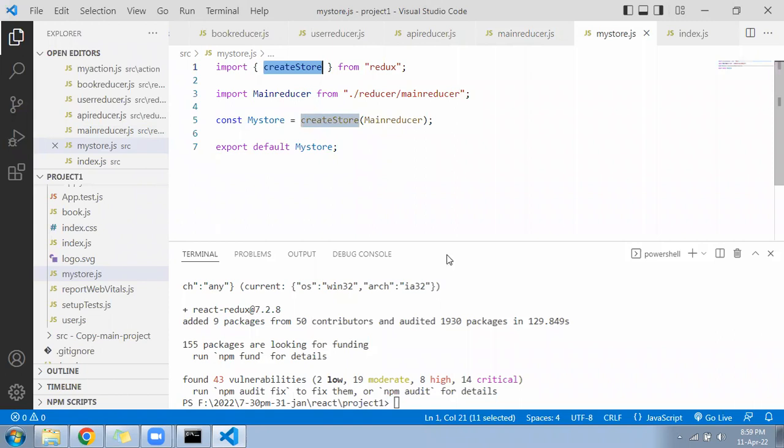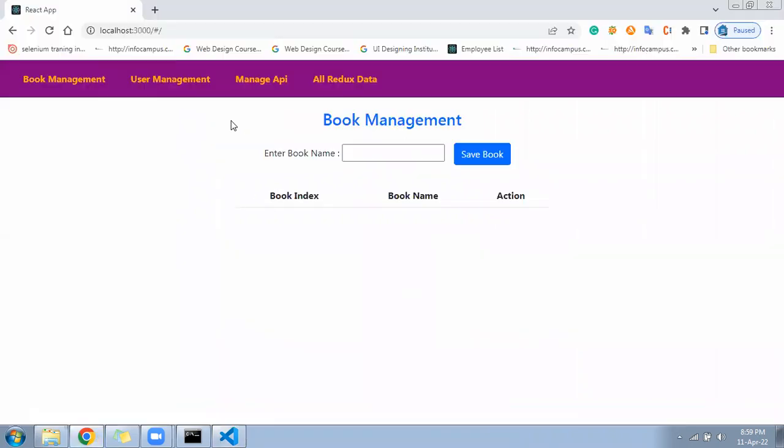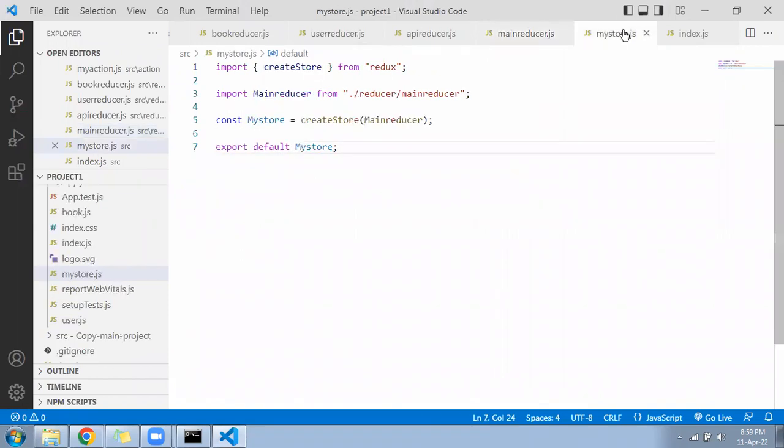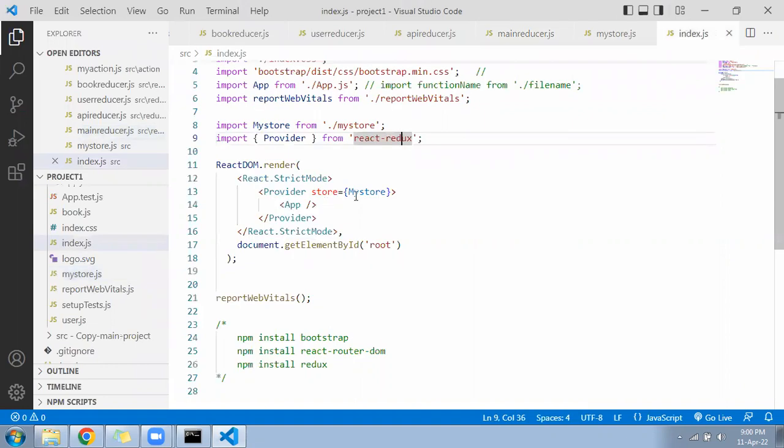Okay, so hope you got the file. It is working now, right? So till where we reached? We reached how to create the multiple reducers and combine all the reducers. After combining all the reducers, we give them to the main reducer. The main reducer goes to a store. From the store, where does it go? Index.js file, to the Provider. Correct? It will come to the provider, and the provider is going to take care of your store. Right. Next, after that,